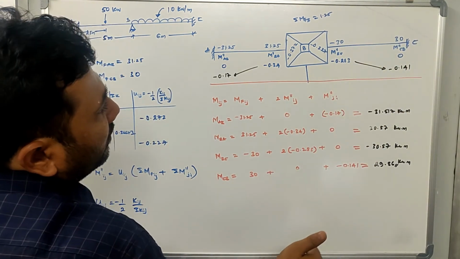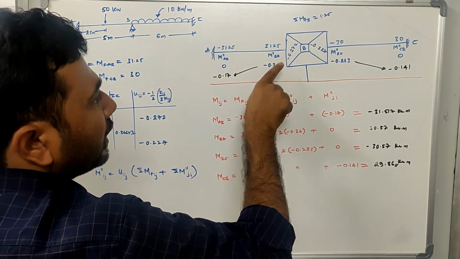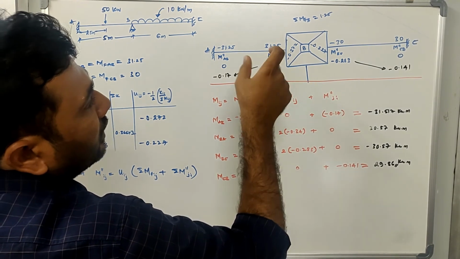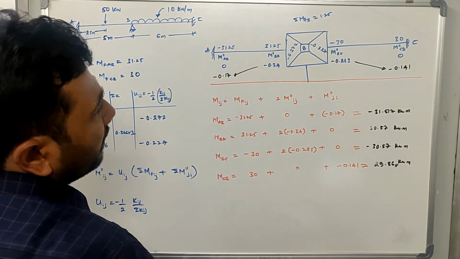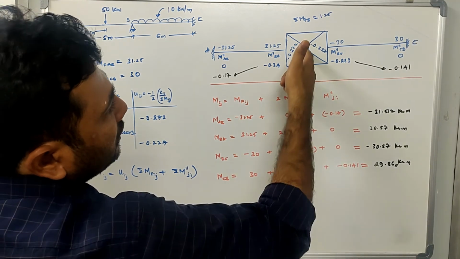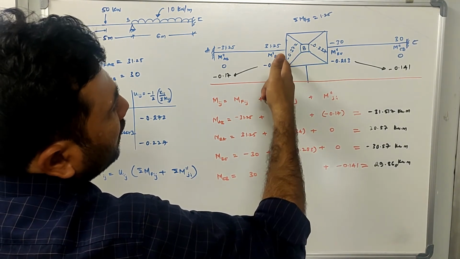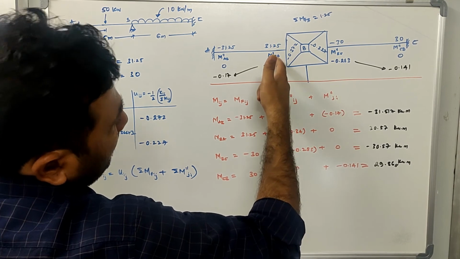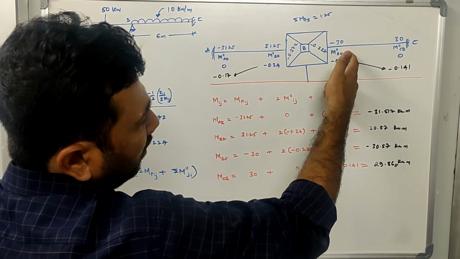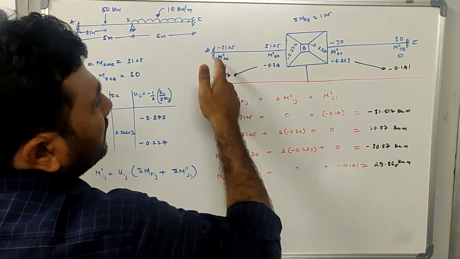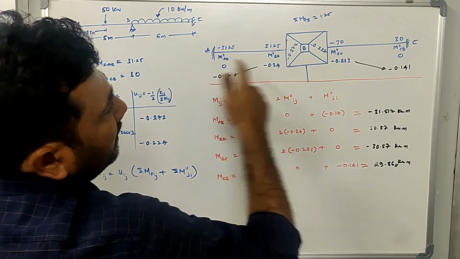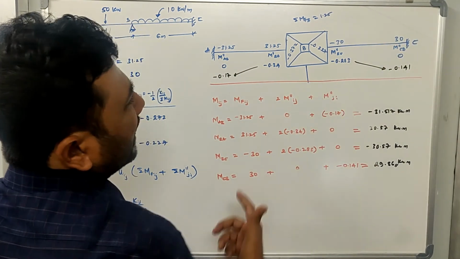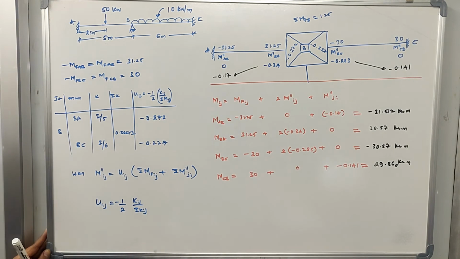From next problem onwards, if I write any value over here, you should be able to understand which rotation moment I am speaking about, which will be very clear, because this is joint B. If this is joint B, the rotation factor over here will be called M double dash BA, the rotation factor over here will be called M double dash BC, and the other ones will be M double dash AB and M double dash CB. It will be very clear for you. By routine, you would be able to easily understand also.